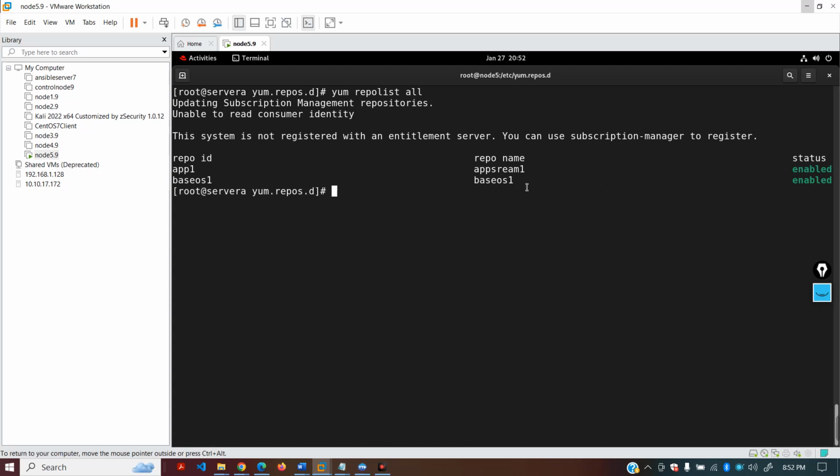Both your repositories should be enabled. If they are not enabled, you will have to fix it. Otherwise, you will not be able to solve the rest of the questions, because you need to install some packages